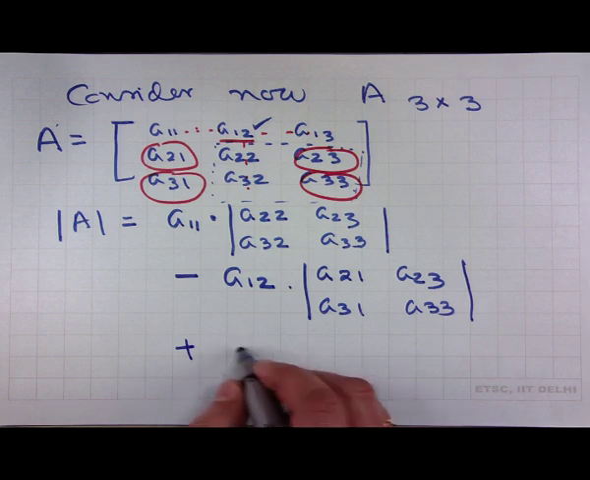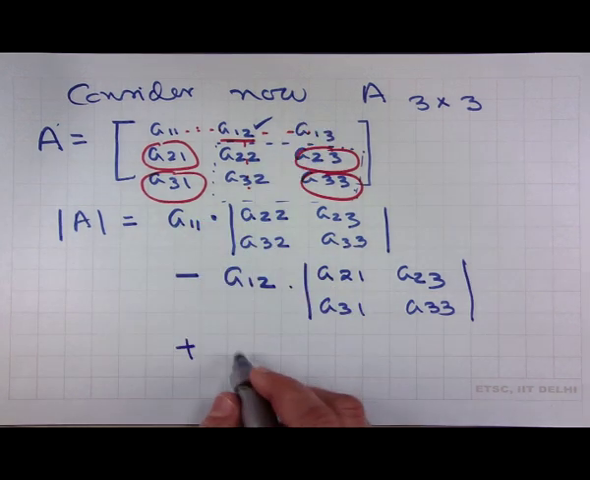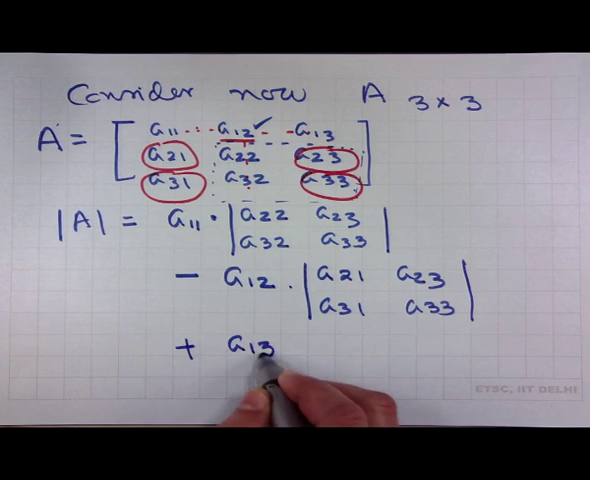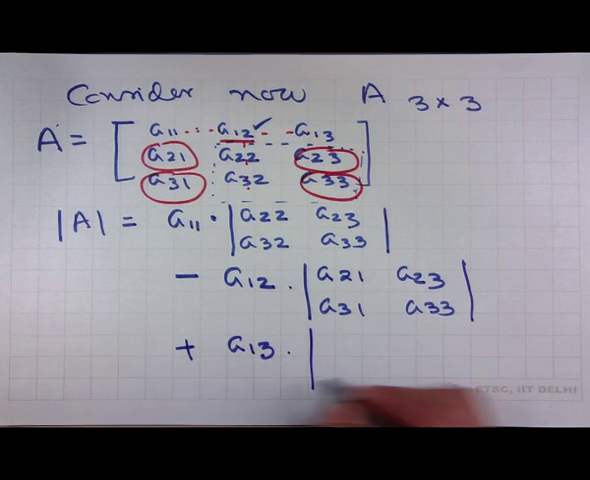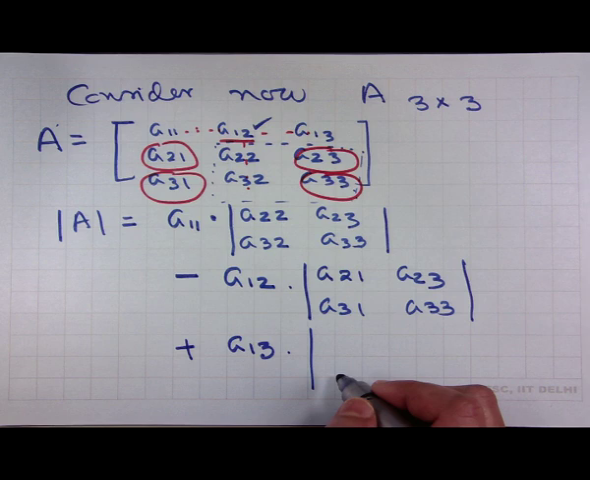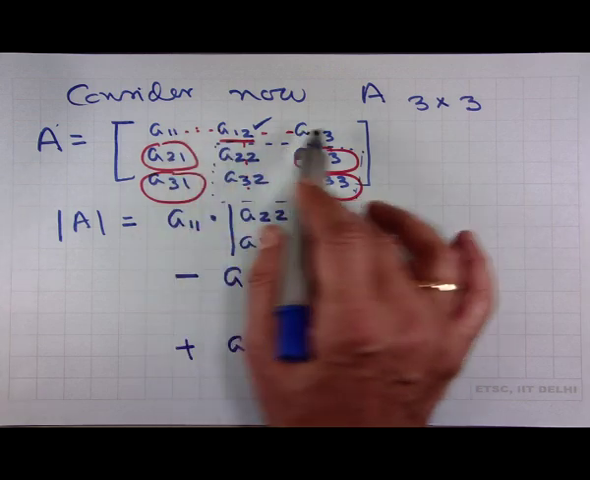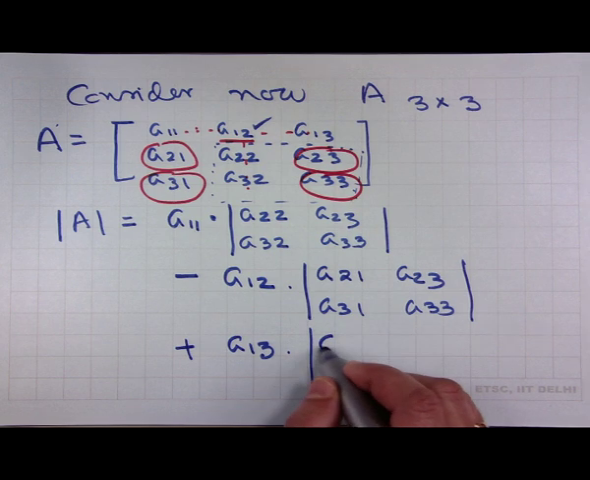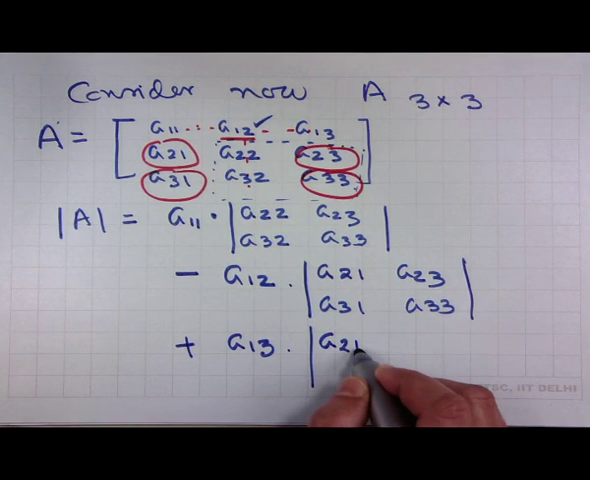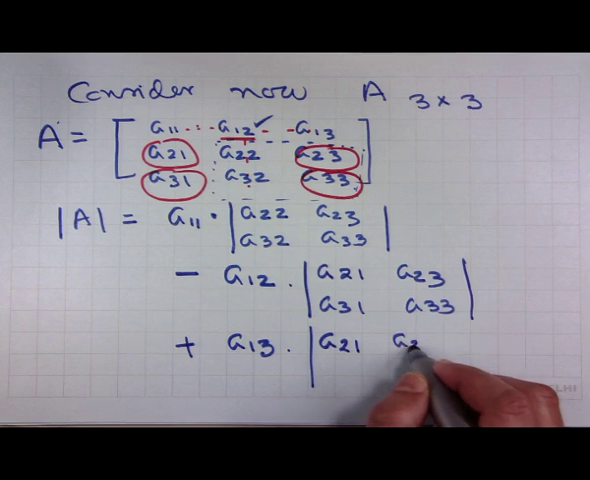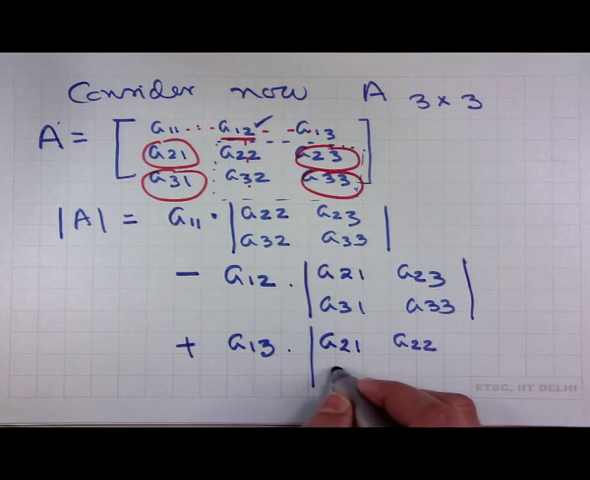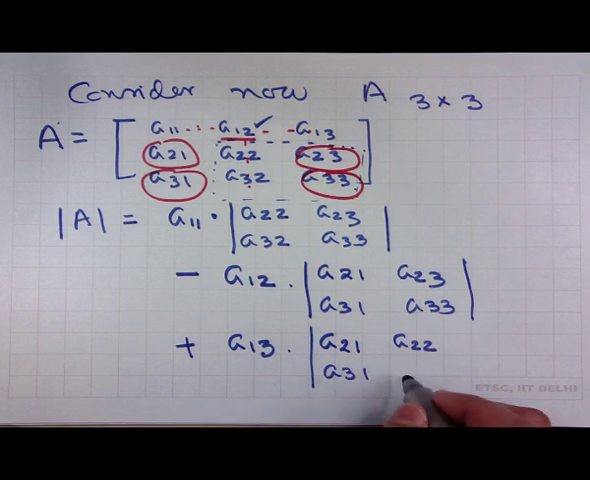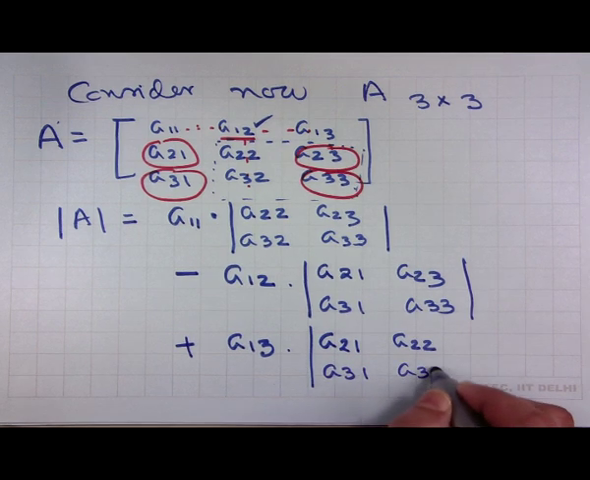plus now only one more element is left, that is A13. Therefore, A13 times determinant of the submatrix that we get after deleting the first row and the third column. Therefore, this is going to be, you can easily see, determinant of A21, A22, A31, A32,